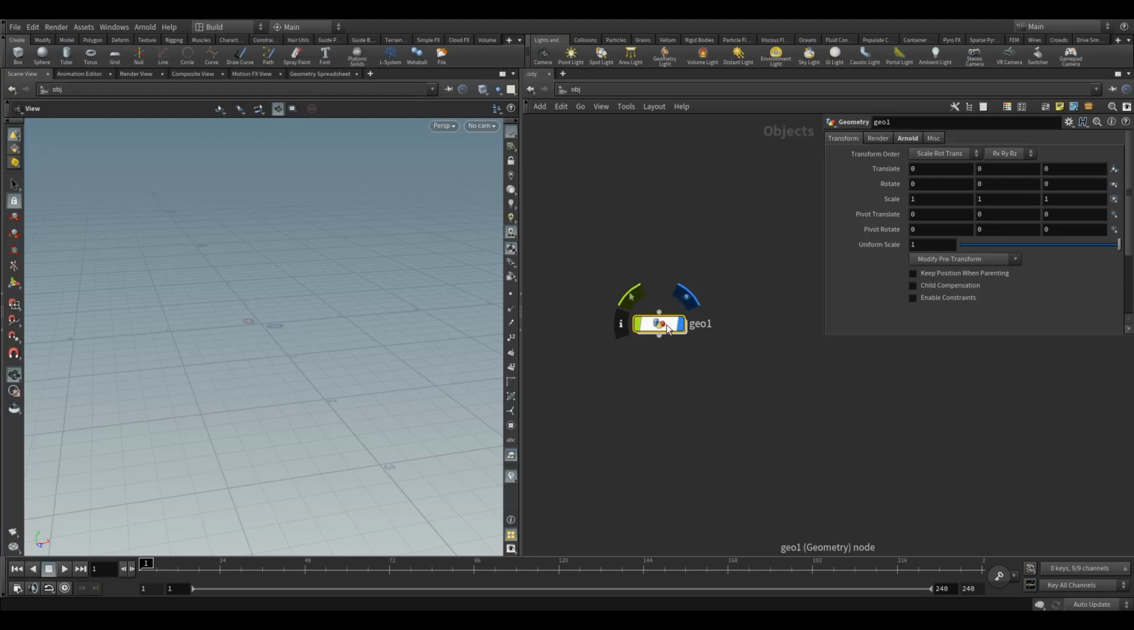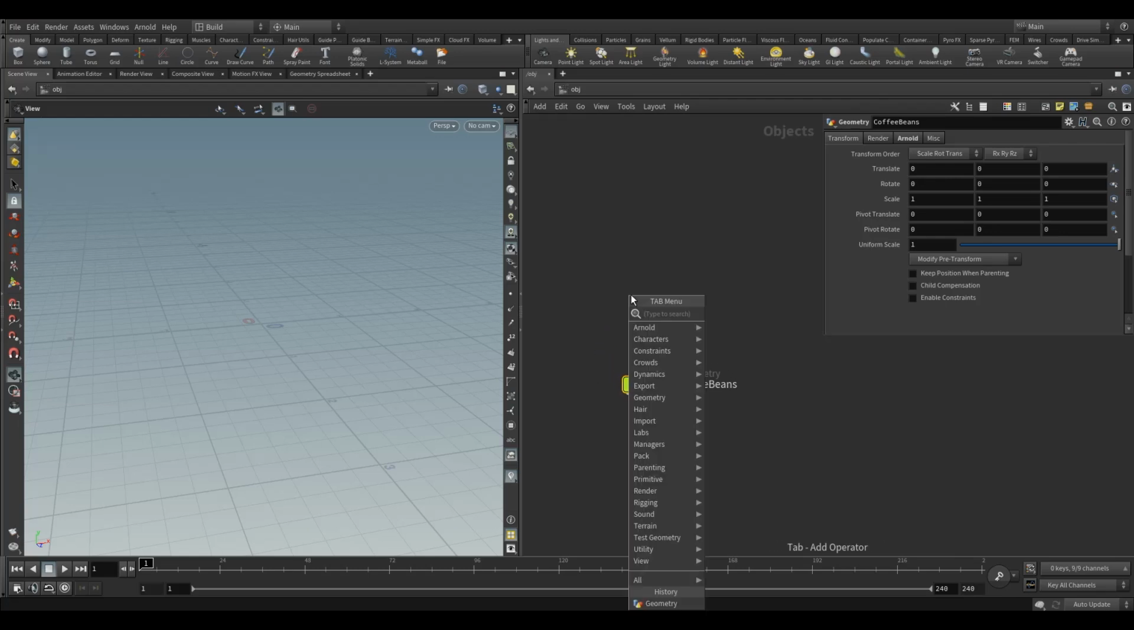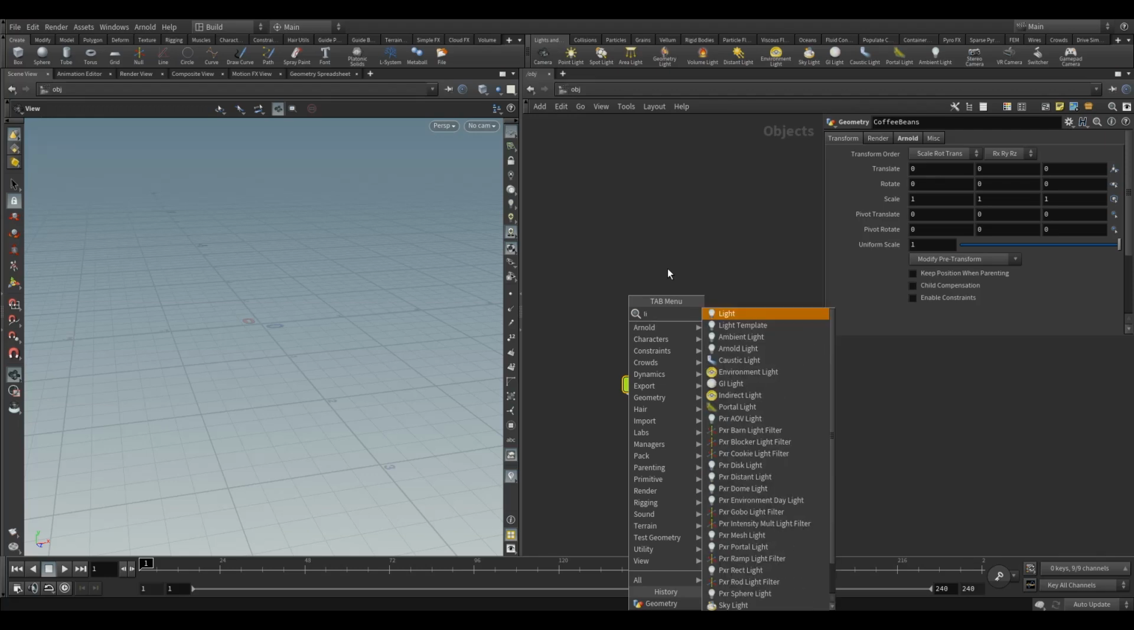Okay, back into Houdini. Let's rename this. So just click on here and we'll give it a better name. Let's call it Coffee Beans. So we're in the OBJ context now, where you will place geometry nodes, things like cameras we will place here, lights, and